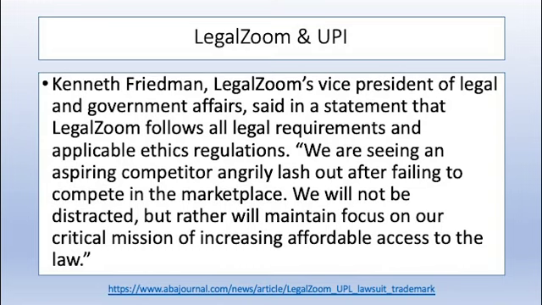Now, LegalZoom said that they meet all applicable ethics regulations, and we are seeing an aspiring competitor angrily lash out after failing to compete in the marketplace. We'll not be distracted, but maintain our focus on the critical mission of increasing affordable access to the law. So again, how much of this is